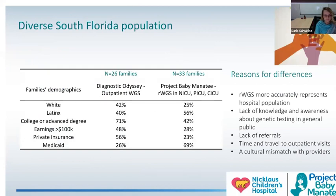We also looked at the demographics of parents and families in our project Baby Manatee. And interestingly,